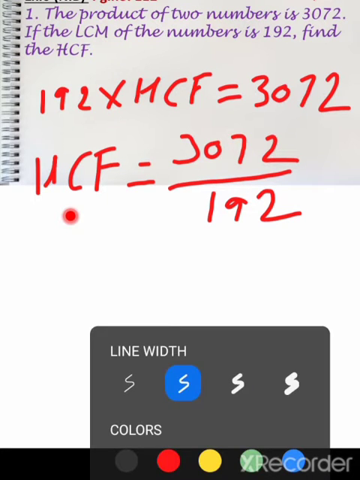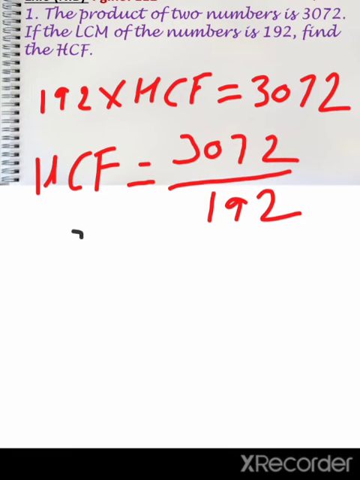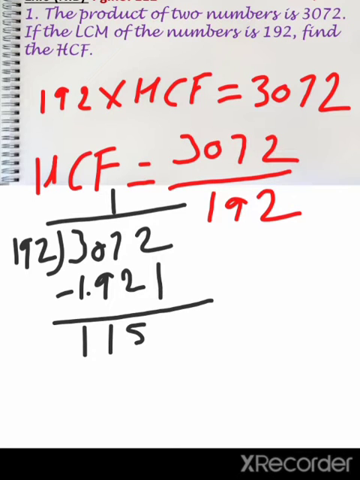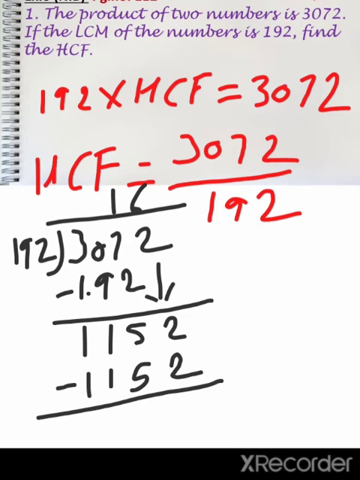Now let's divide 3072 by 192 and check what we are going to get. Okay, so 192, first we will go by ones, because if I go for twos, I'm going to get a number greater than 307. So 192, I'll get 115. I'll copy this 2 down. I'm getting 1152. If I multiply 192 by 6, I'm going to get 1152. You can multiply and check. Just pause the video, multiply 192 by 6, you will get 1152. 0, 0, 0, 0. It means the HCF is 16.